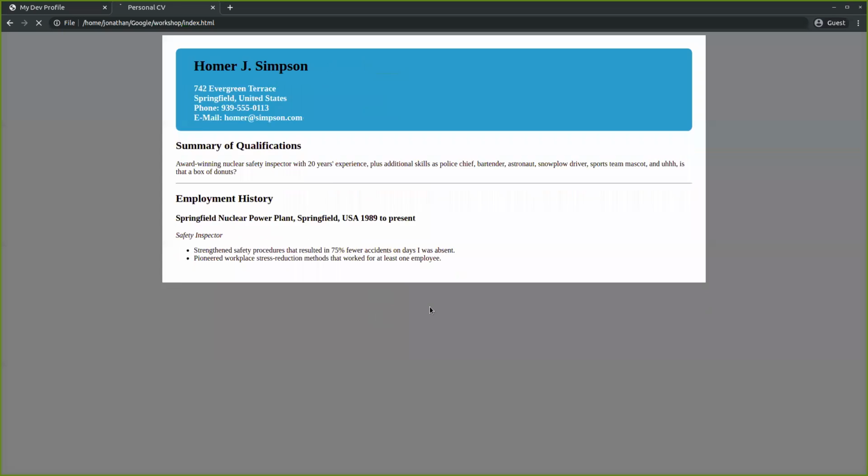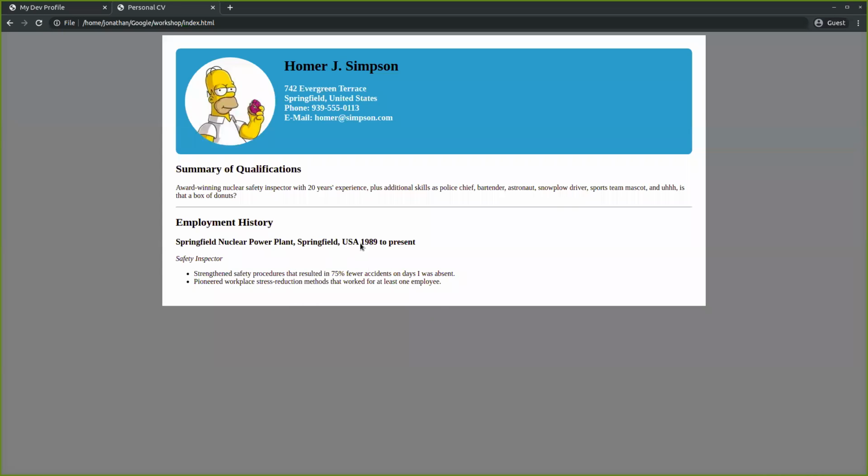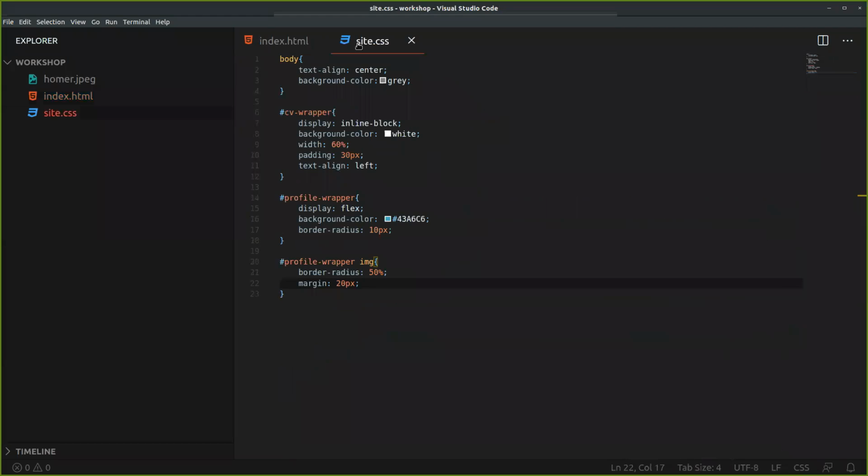So you can see that it is still very much on the left-hand side of the screen, and we would like to move it all the way over to the right. And we can do that using CSS. So we'll move over to the sites.css file that we have created. And then what we'll do is maybe say,